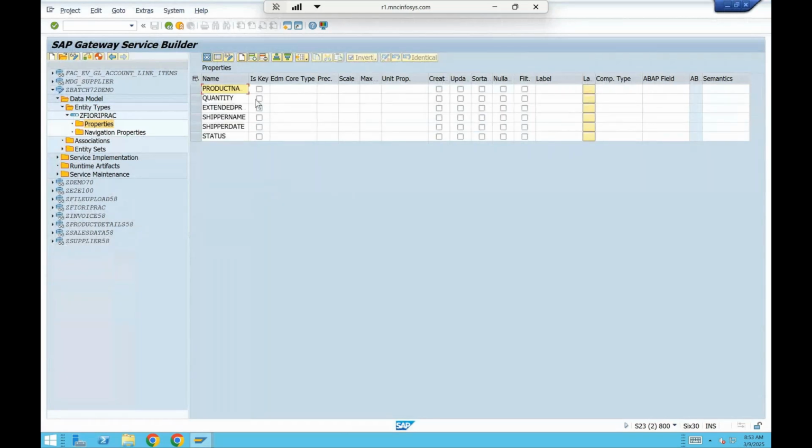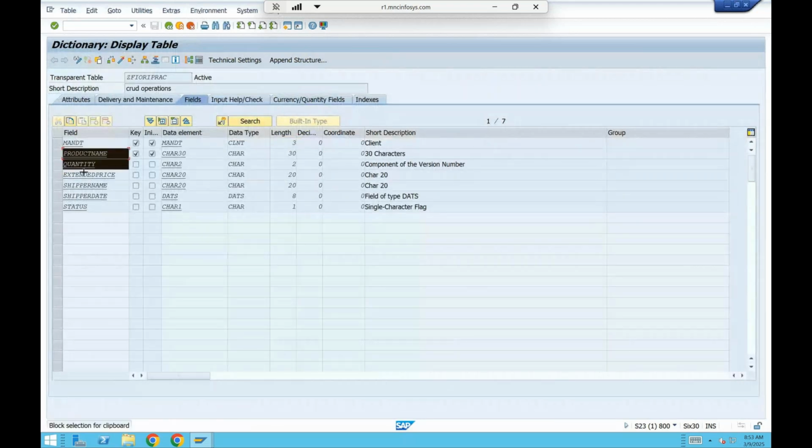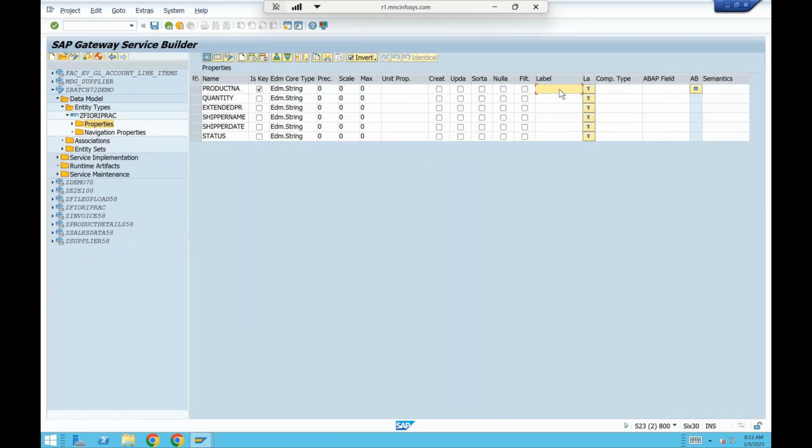Primary key, and by default we have to give the Edm.String data type. Perfect. And also you can give a label. Copy this, then paste it. And also you can give the field name above. Perfect. Save it and regenerate it.